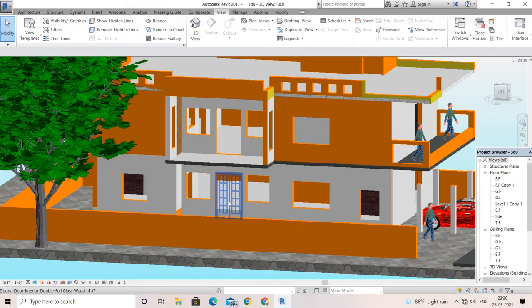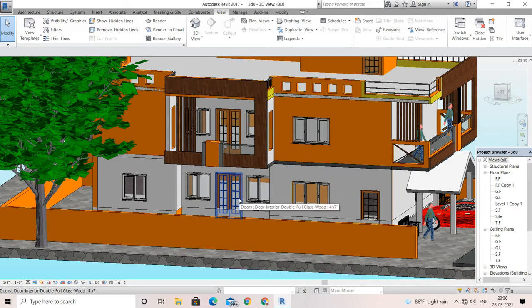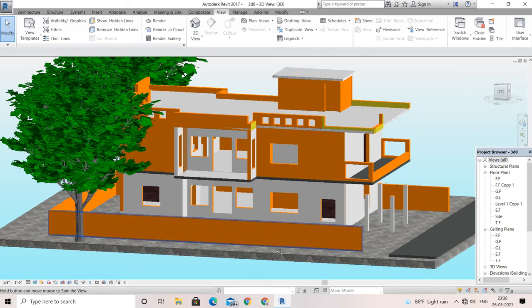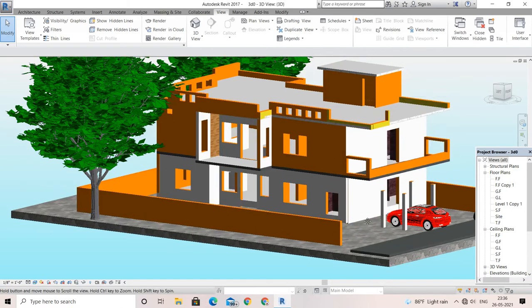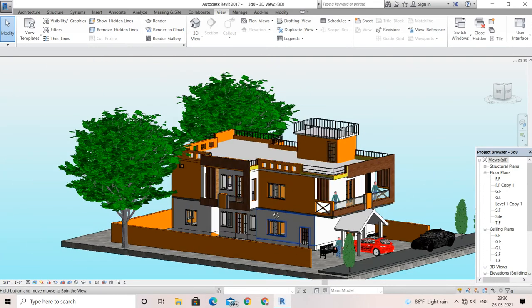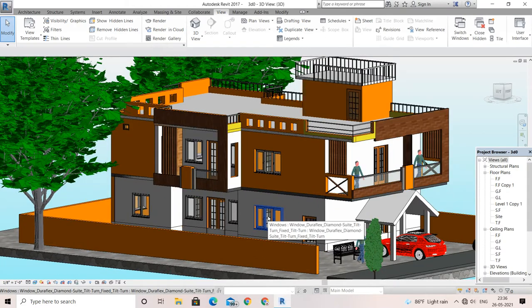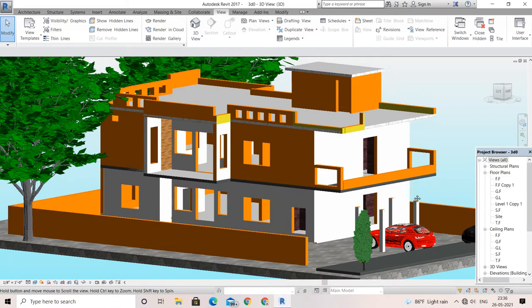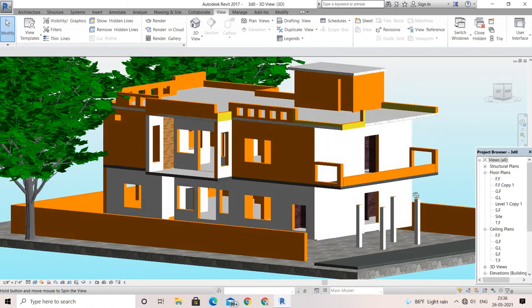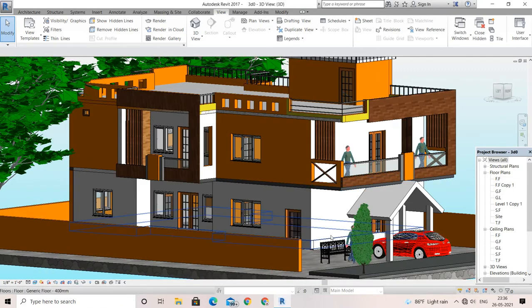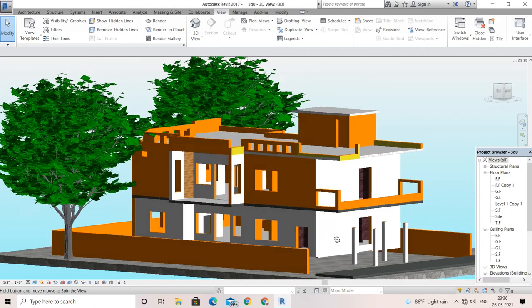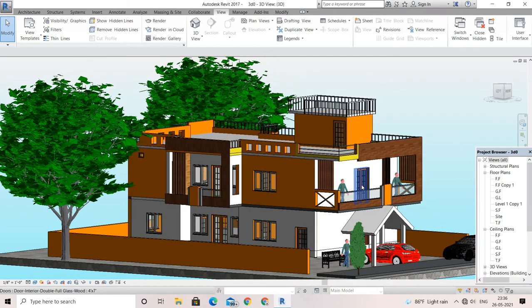This is my main gate, and I have made two main gates here. You can see this, right? Here is my parking. In this tutorial I need to tell you that much only. In my upcoming tutorial I will tell you a lot of things which may really help you with architectural design. If you want to learn how I have done it, go through my previous tutorials, or else you can comment, and I will work on that. I'm going to show you the plan of this exterior design.